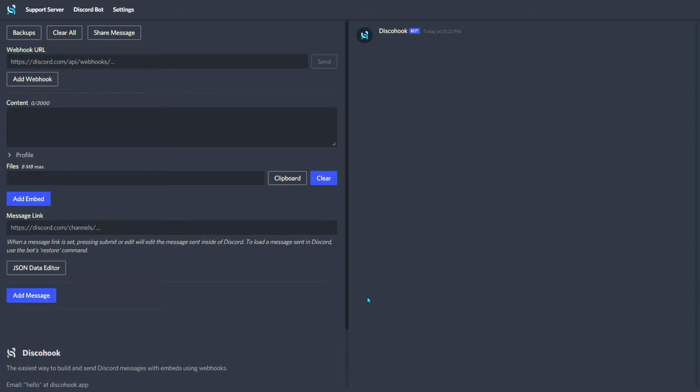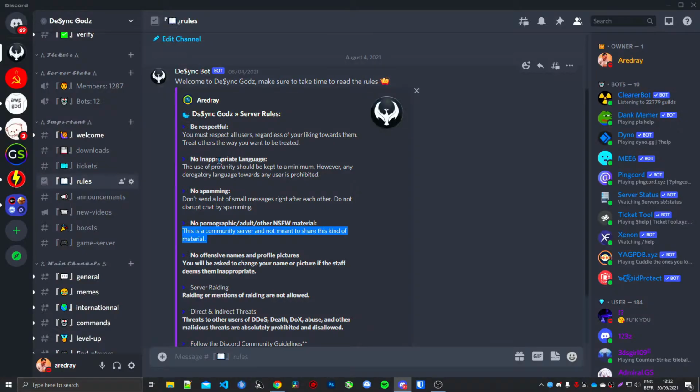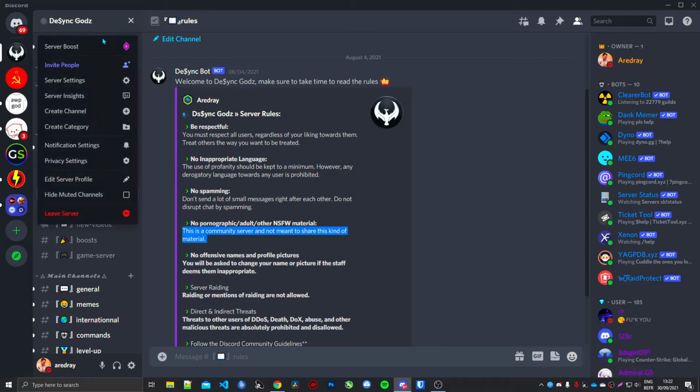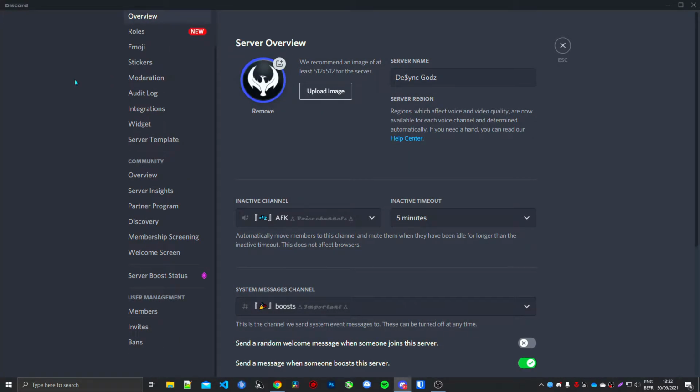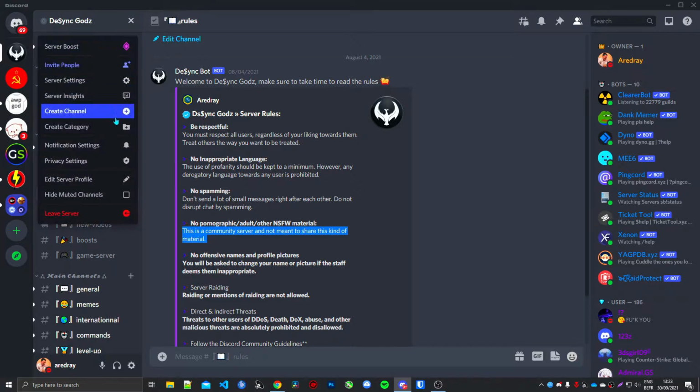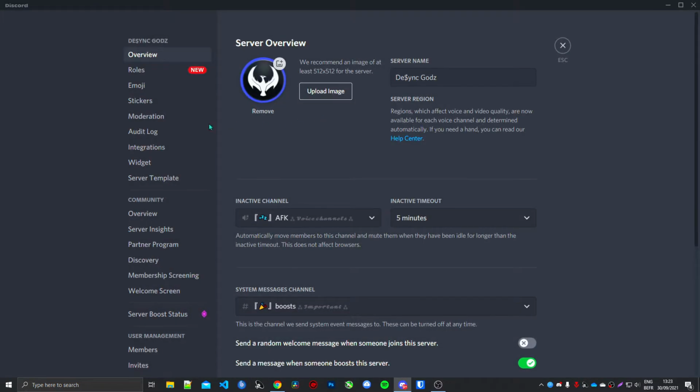How do you post this on your server? You have to create a webhook. How do you create a webhook? If you're not an admin on your server or you cannot create some webhooks, well, unfortunately, you cannot create some embeds. So what you need to do is click on your server's name and go into server settings, scroll down